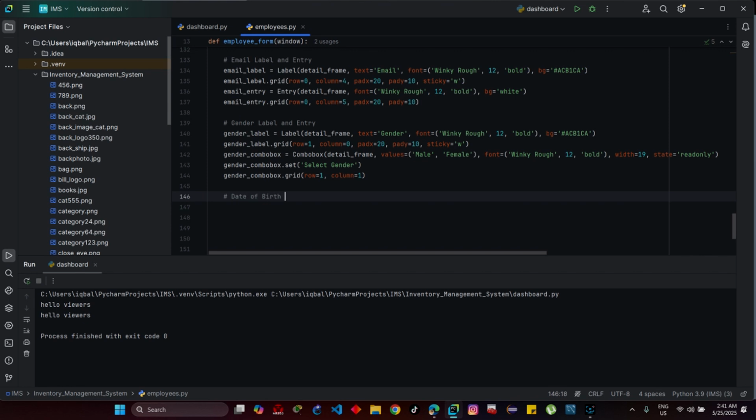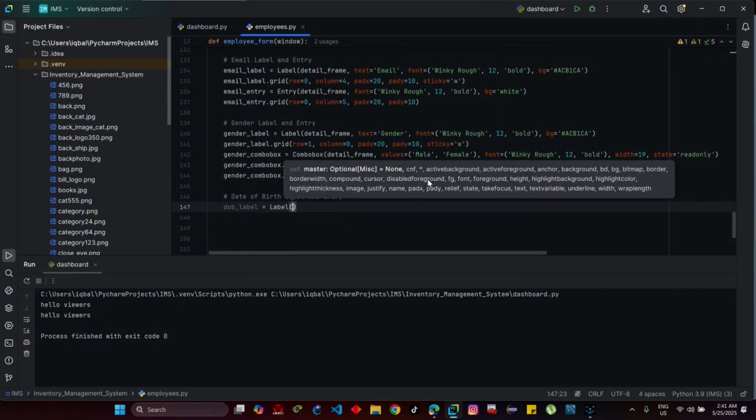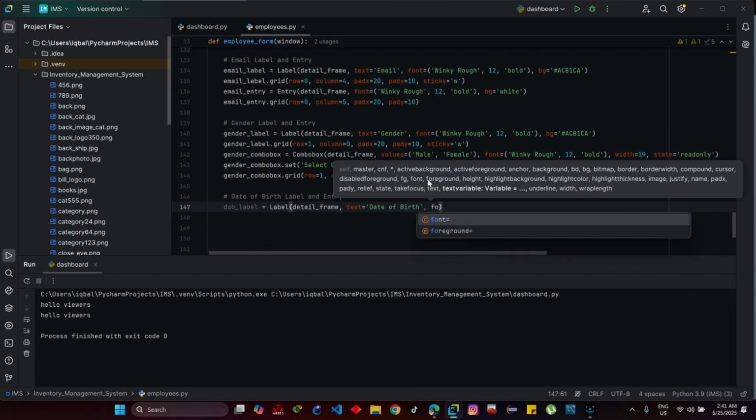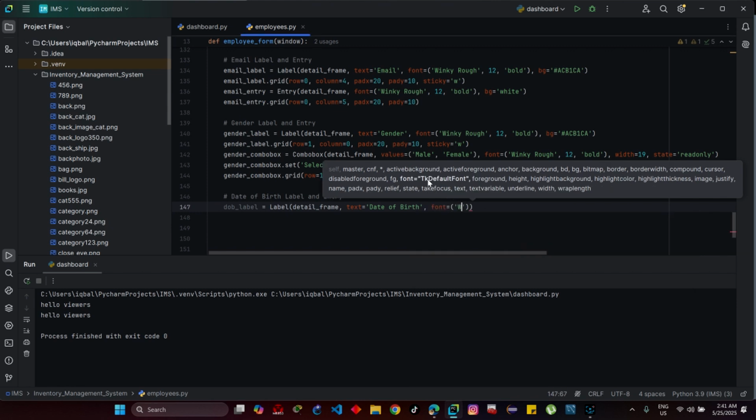Date of birth, label and entry. DOB underscore label will be the name of the variable. Label equals a label that will be posted on the detail frame with the text date of birth. Font will be Tkinter with size 12 in being bold. Background image equals